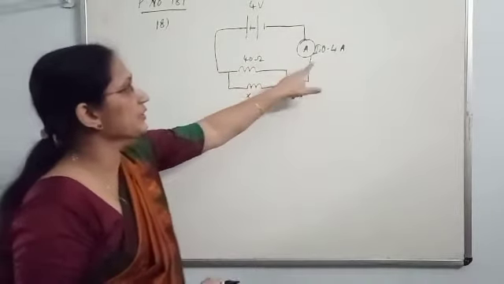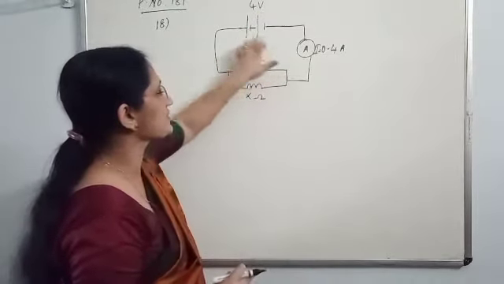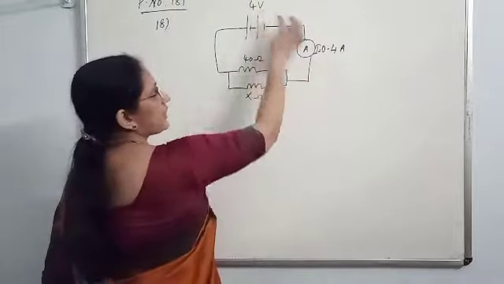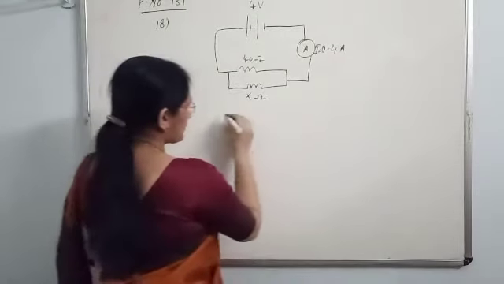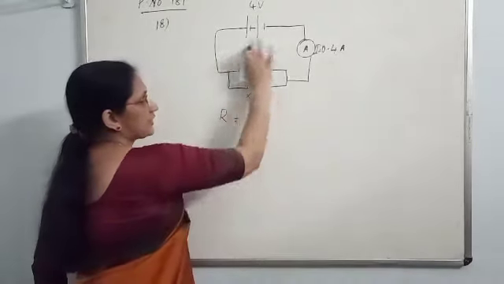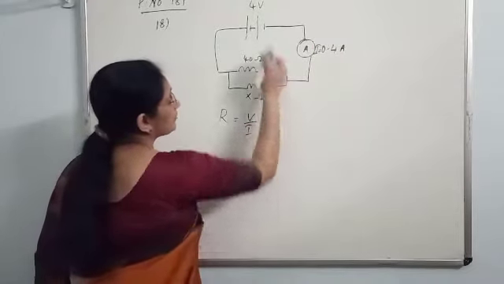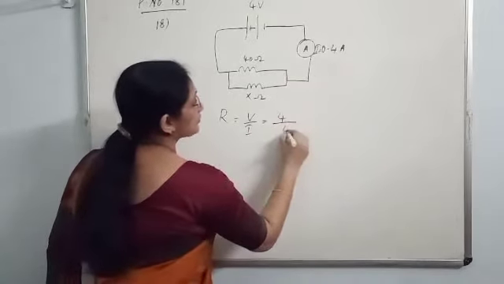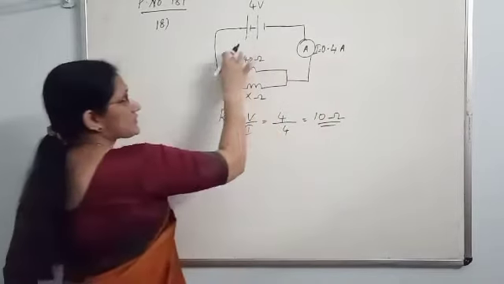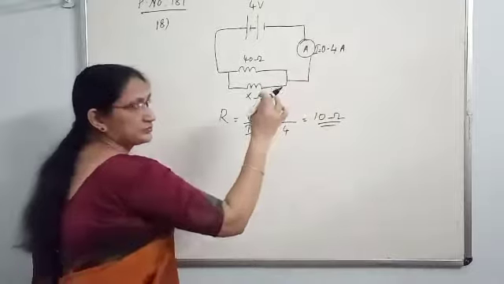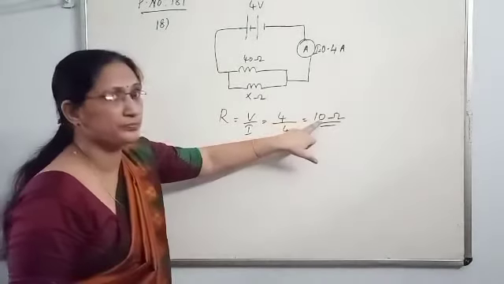For this circuit, I value and V value you know. So you can find out what is the total resistance here. From V and I, you can find out the total resistance of this section. R, the total resistance, is equal to V by I. V is 4, I is 0.4. That means 10 ohm. Total resistance of this section you got as 10 ohm. Effective resistance of this parallel section Rp you got as 10 ohm.